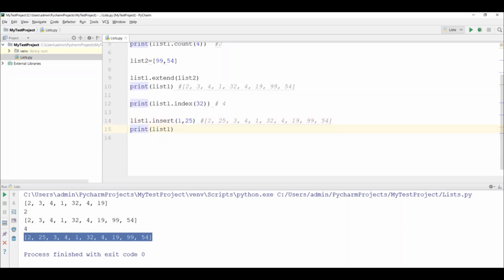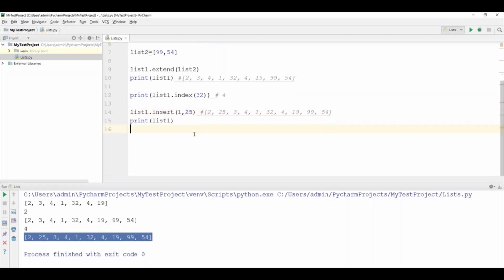And similarly we can also pop. Pop means it will return that particular value and remove it from the list. So popping means it will return the value, and whichever value is returned will be removed from the list. Now I'll show you how the pop function will work. So I will define a list like this. Let's say list1, again I'm taking list1.